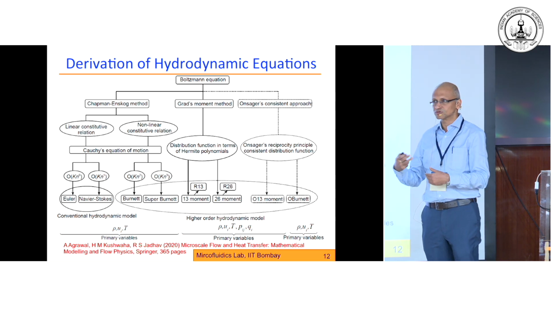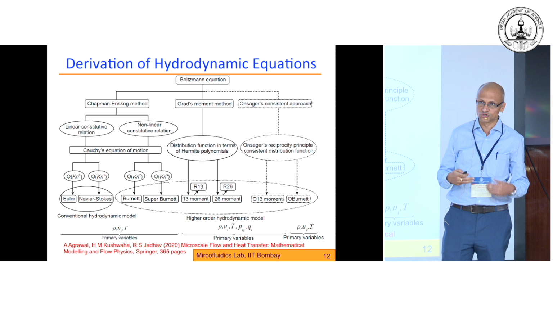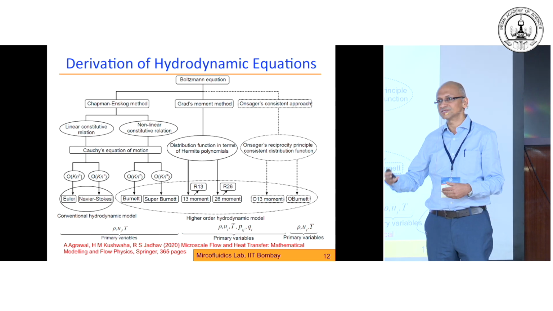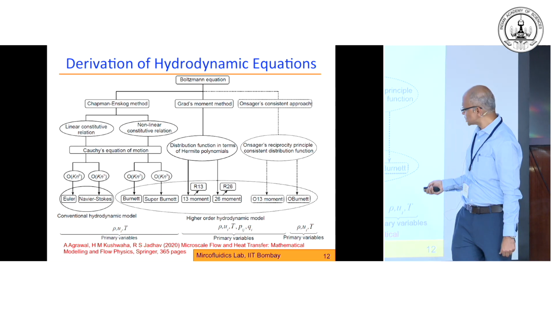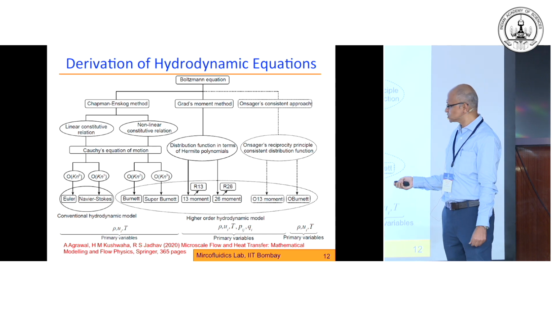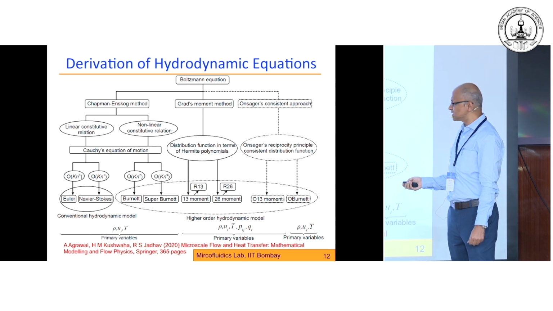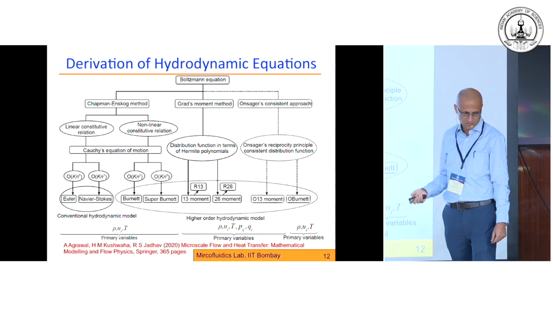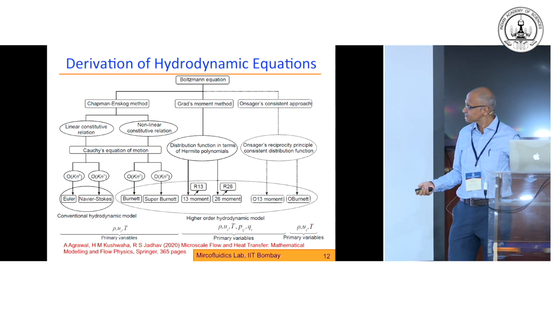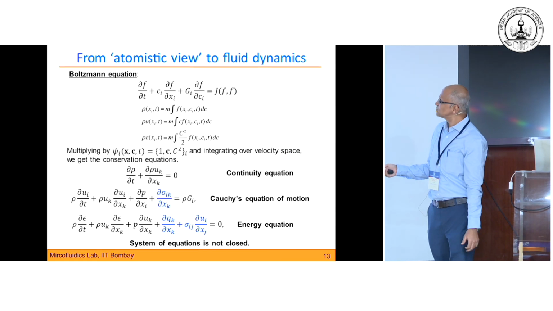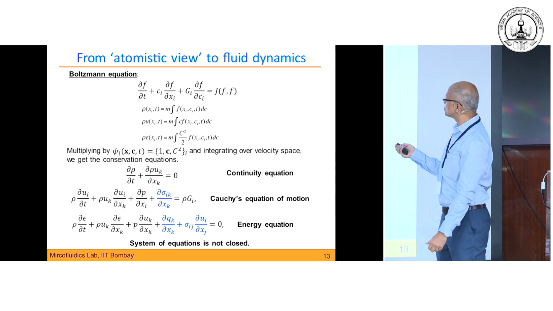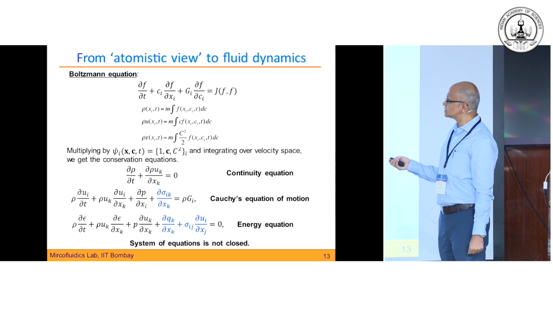So this is one approach that one can take. In the other approach, rather than trying to write a closure relationship for stresses, one writes an evolution equation for these quantities as well, which essentially becomes the second approach, by Grad, and one obtains the so-called 13 moment equations and the 26 moment equations this way. So this is just a very quick overview of what is being done in this scenario.